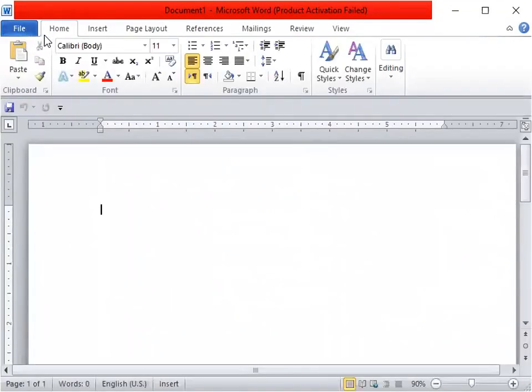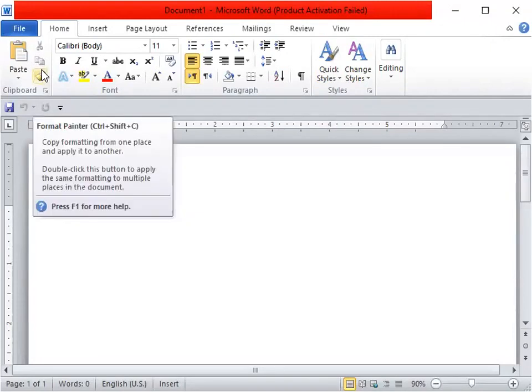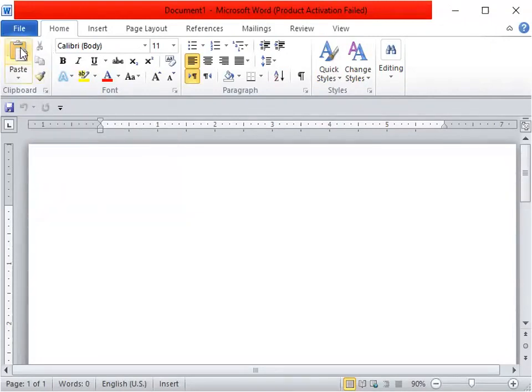Now we come towards the Home tab. Next to the File tab is the Home tab, and the first box in the Home tab is written Clipboard. In the Clipboard, the options available are Paste, Cut, and Copy. And here you can see this is the Format Painter. So in the Clipboard, these options are available. We are discussing all this because we will be finding our answers from these tabs.